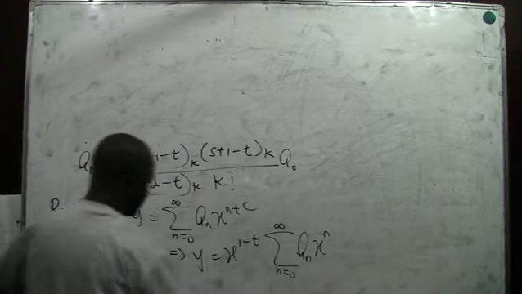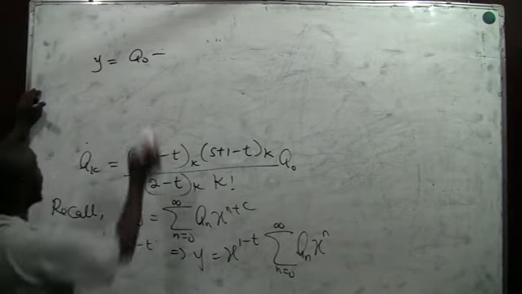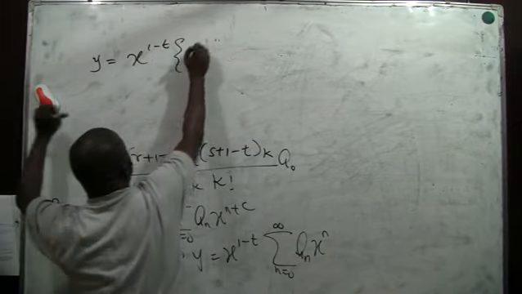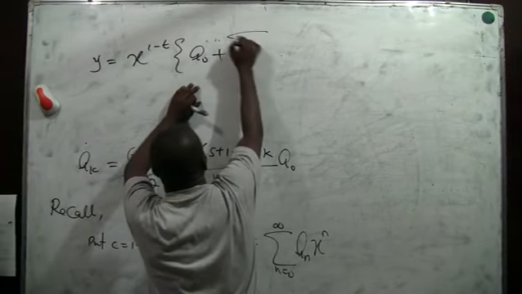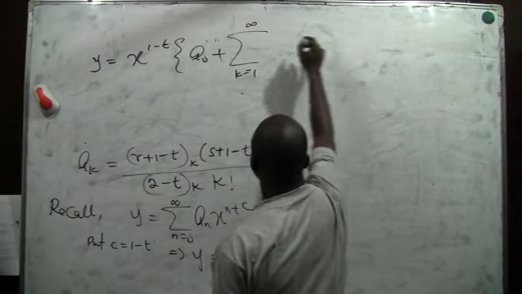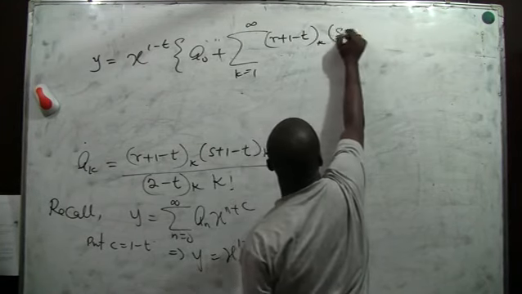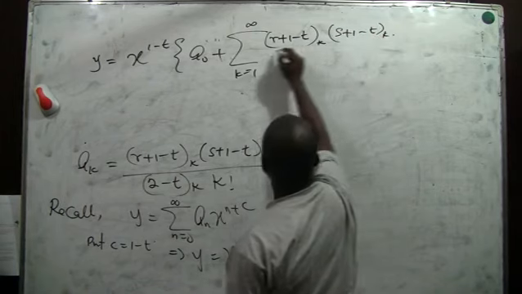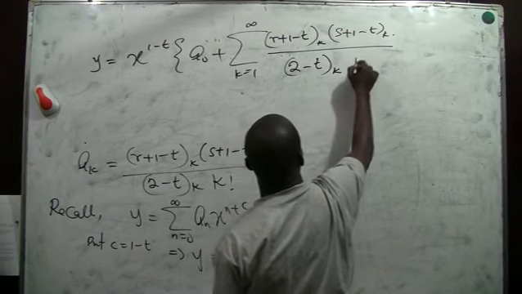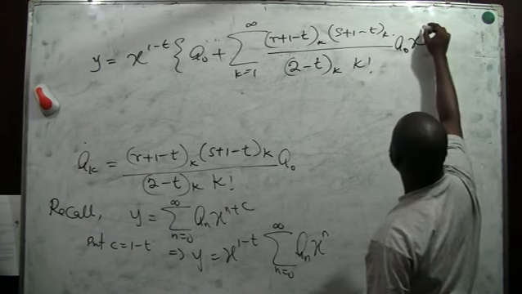By expanding this, we are going to have y equals x raised to power 1 minus t into a naught plus summation k from 1 to infinity of (r plus 1 minus t sub k), (s plus 1 minus t sub k) divided by (2 minus t sub k), k factorial a naught x raised to power k,